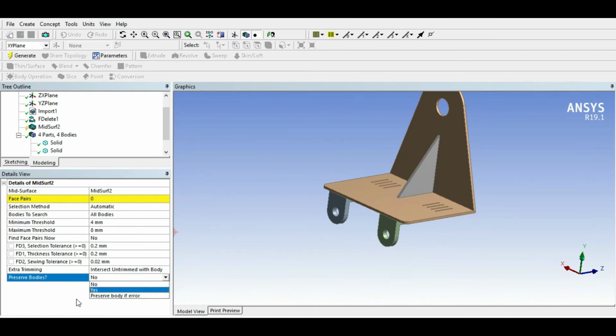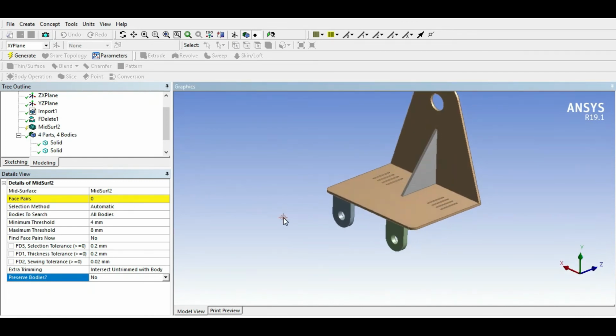So what is the meaning of this? We have learned in the presentation. I am going to keep it at default. It means I don't want to keep the solid body after extracting the mid surfaces. So this is all the inputs we have given, and after this, find the face pair. Now click on this and click on yes.